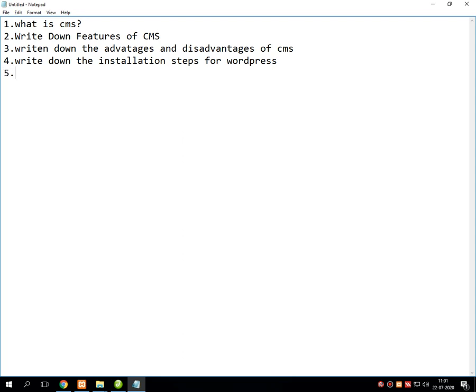Fifth, explain how to create a post in WordPress. 6.